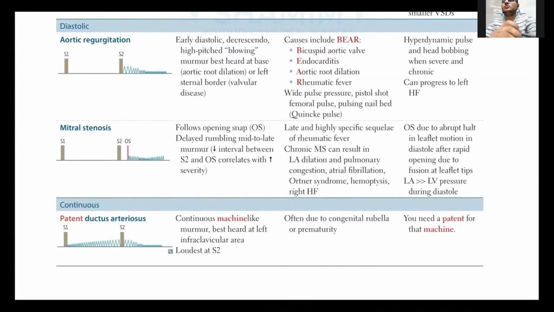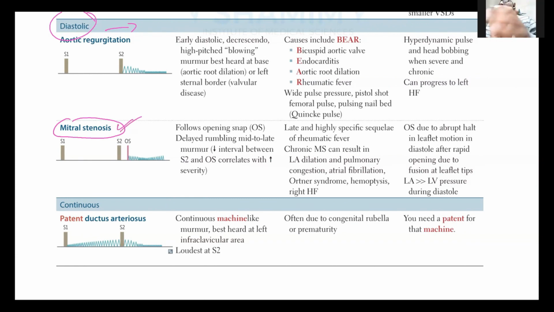ओके, फिर हम डिस्कस करते हैं डायस्टोलिक। डायस्टोलिक में क्या होगा, वो ये होगा कि अब एओर्टा और पल्मोनिक तो क्लोज हो चुकी हैं, अब खुलेंगे कौन से? माइट्रल और ट्राइकस्पिड। माइट्रल और ट्राइकस्पिड नॉर्मली डायस्टोली में खुल जाती हैं, ओपन अप होती हैं, तो इसका मतलब है कि माइट्रल एंड ट्राइकस्पिड अगर स्टिनोस्ड हो जाएं तब वो क्या मरमर होंगे? वो डायस्टोलिक मरमर होंगे। इसी तरह माइट्रल स्टिनोसिस और ट्राइकस्पिड स्टिनोसिस, ये मरमर डायस्टोलिक मरमर होंगे।